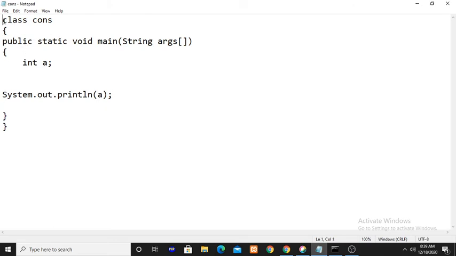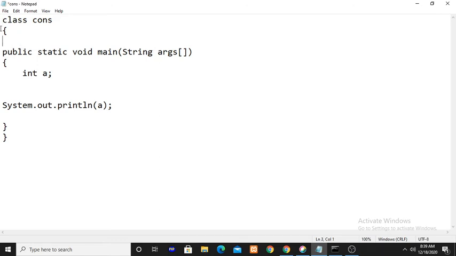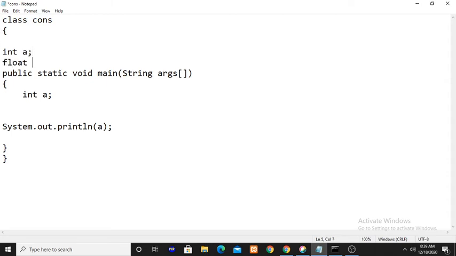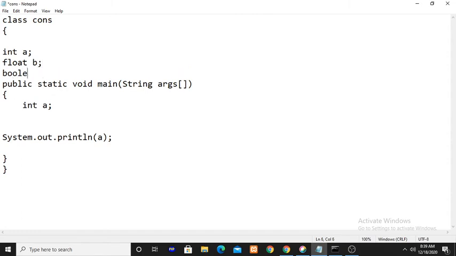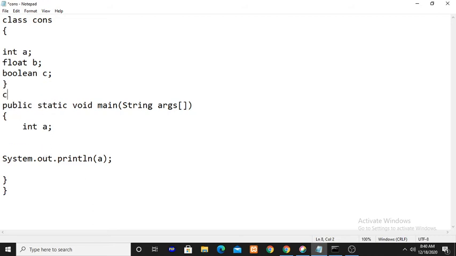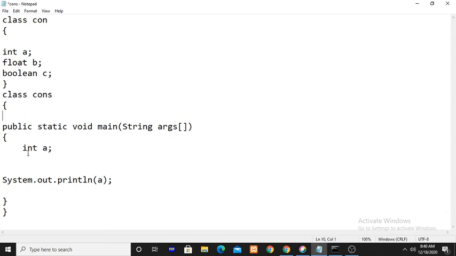So write the class here. Int a, float b, boolean c. Class, here create the object for this.